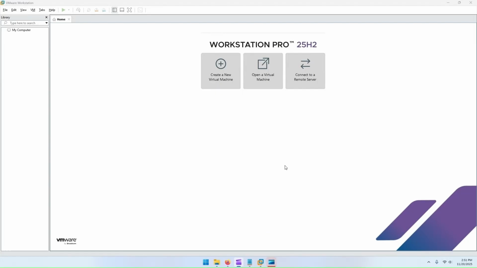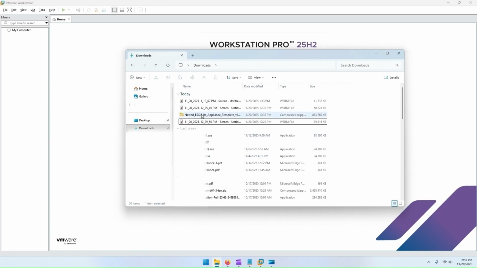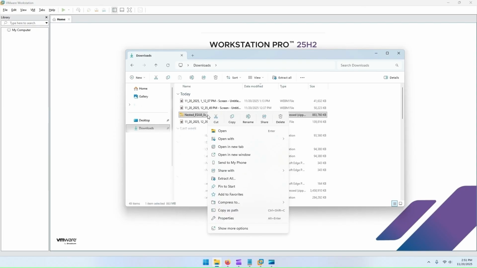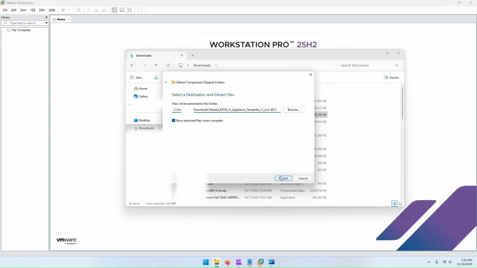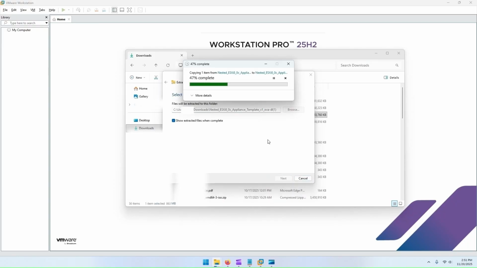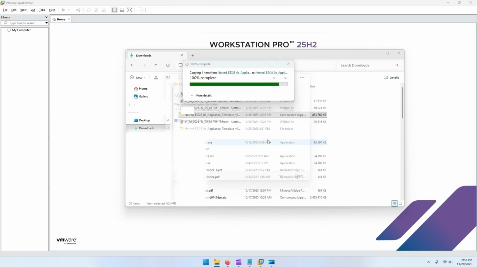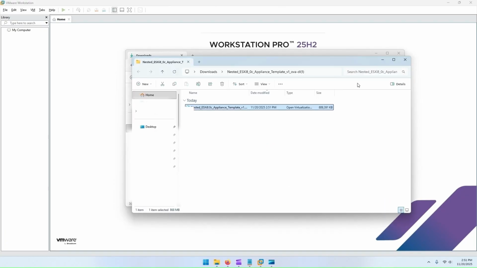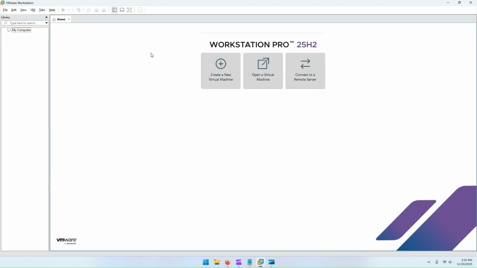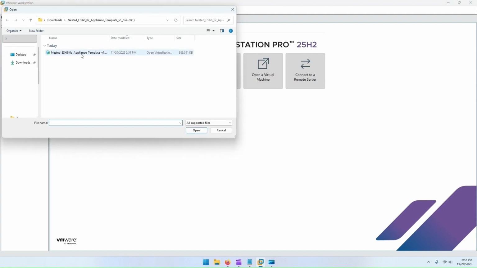Okay, after you've downloaded and installed VMware Workstation, you can go ahead and open it up. Then, after you've also downloaded the nested ESXi appliance, it's zipped. So you have to go to your downloads folder, right click, extract all. You can just extract it to the default, which is the downloads folder. After it's extracted, you can close both these windows, then go to VMware Workstation, File, Open, select the OVA, click